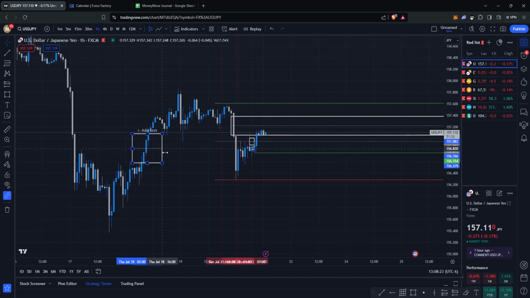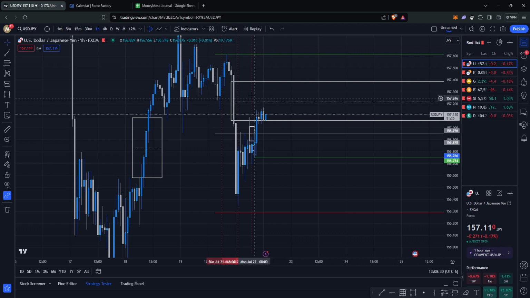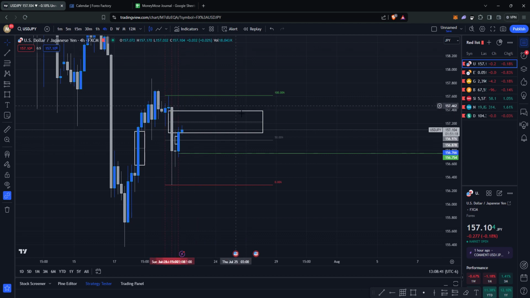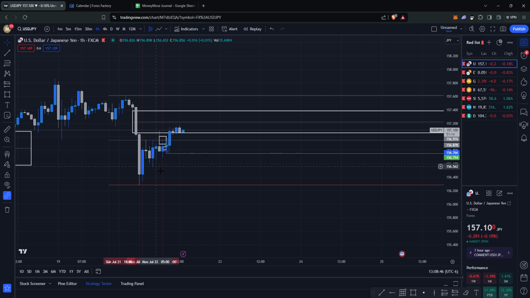All right, so we could just scoot this over. On the hourly time frame, we were bearish, right? So I had this hourly fair value gap marked out, and then I drew out our equilibrium from these highs to these lows. It's also identical on the 4-hour time frame. So: highs, lows, equilibrium, fair value gap. Scale down.